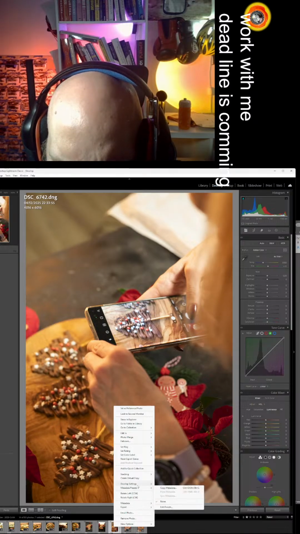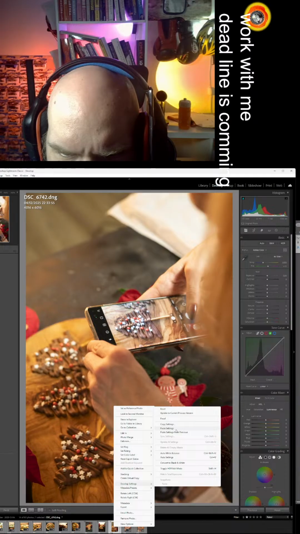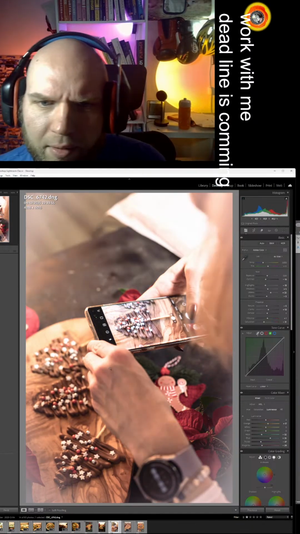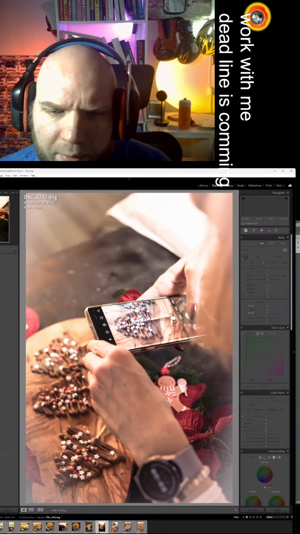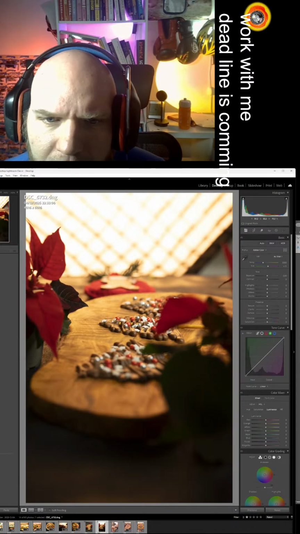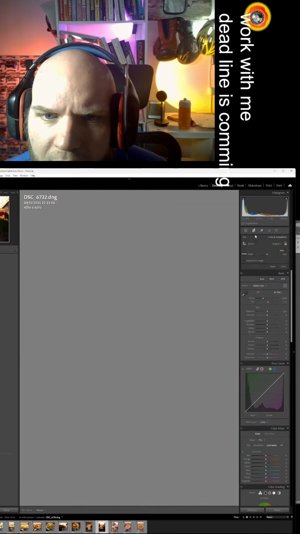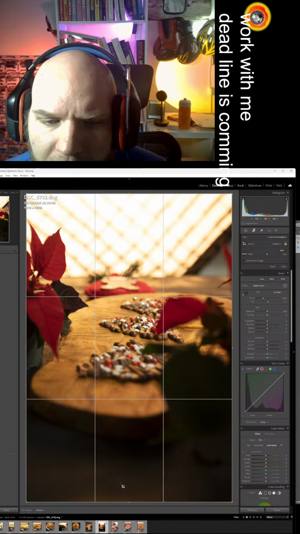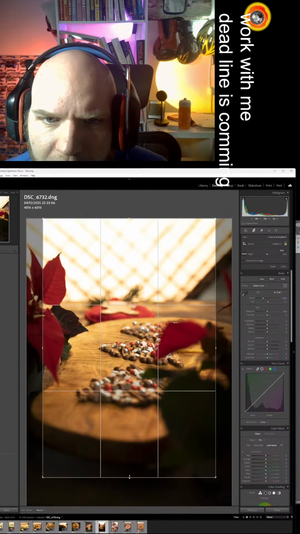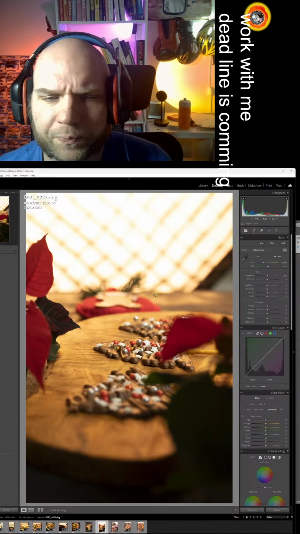Export, develop settings, paste settings. Yes, oh, that's good enough. Okay, anyway, let's check it here. We haven't added this one.